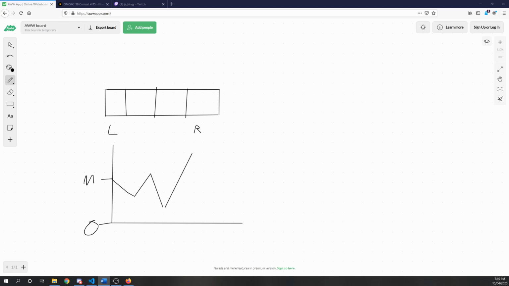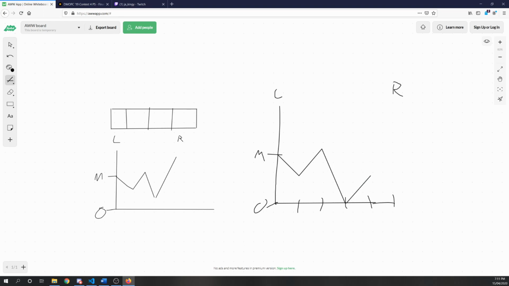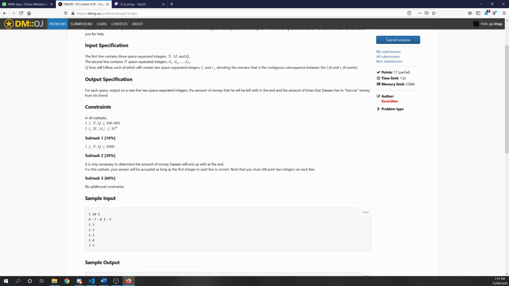So that's the first case, and in the second case, we actually have to borrow money. So I'll just draw. If we have to borrow money, there will be some point where we last borrowed money, and from this point, the difference between the prefix sum of this point and R is what the answer to our query will be, right? So you can't simulate it in O(N) time, and the reason for this is there's 300,000 queries. So that would be O(NQ),